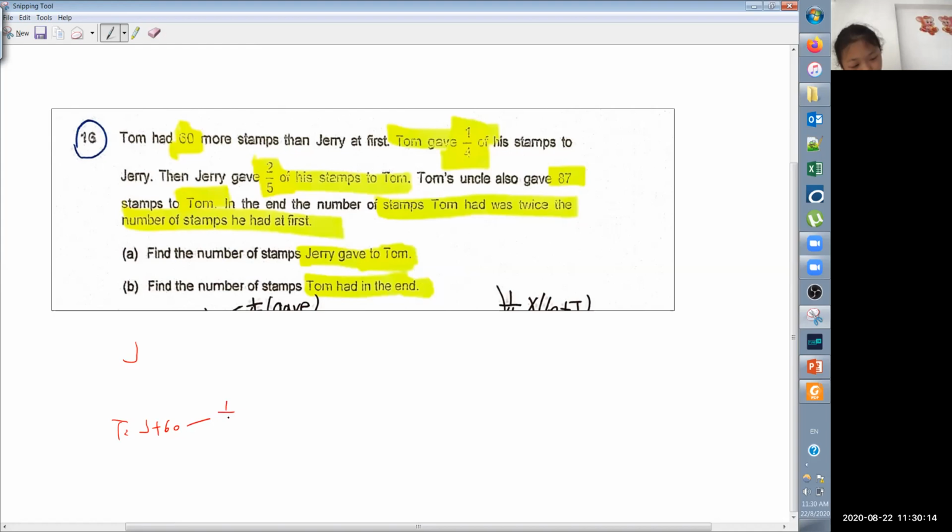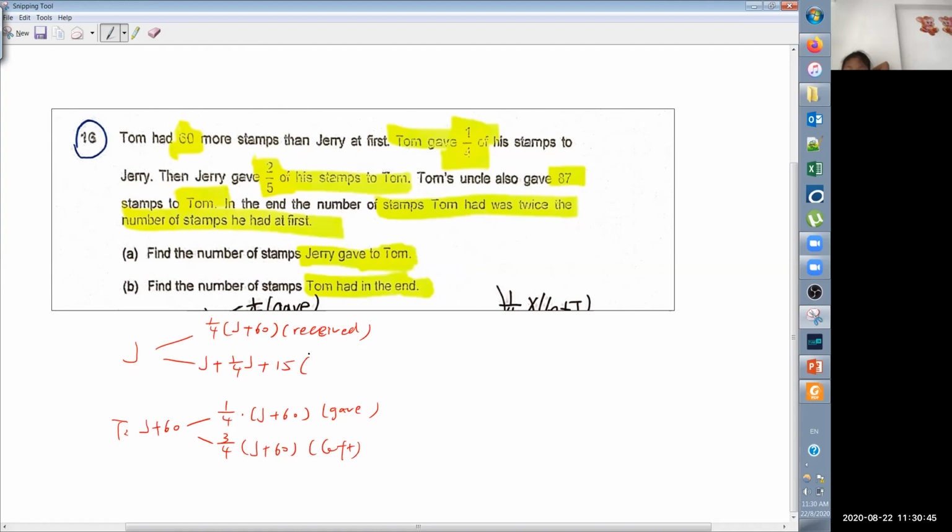So 1/4 gave away, so it's 3/4 left, right? 对吗？So of course this guy receives, right? So receives this much, then of course you are left with this. 对吗？